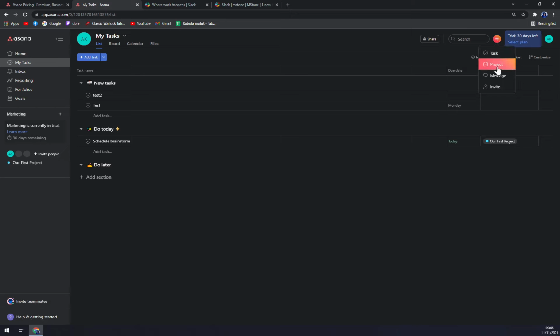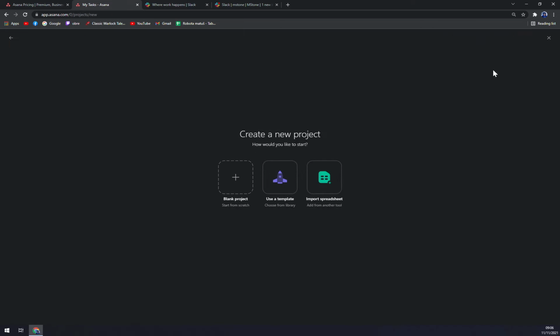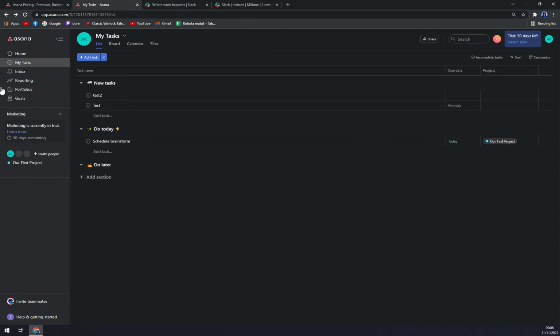You can easily write to someone, you can easily start a new project. Everything is very intuitive. It's very easy to do. With Asana you can't really go wrong, but it's a bit expensive. But let's compare it to Slack.